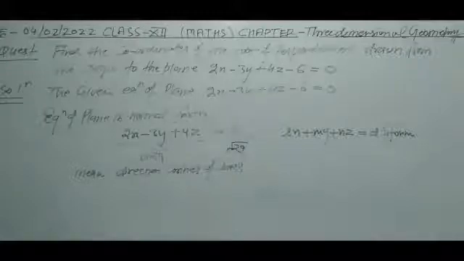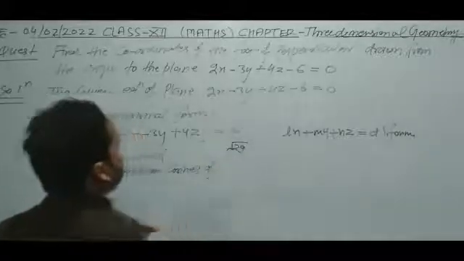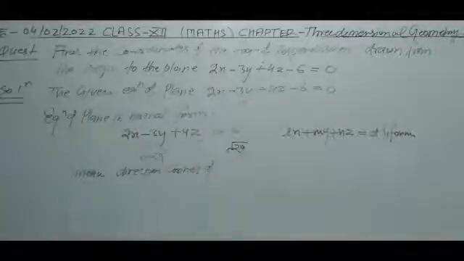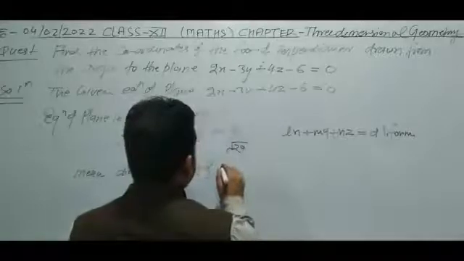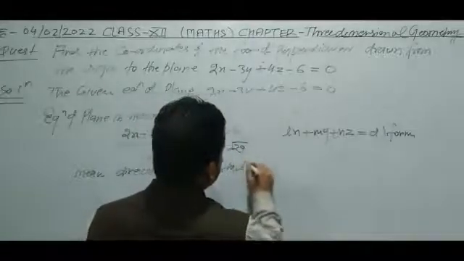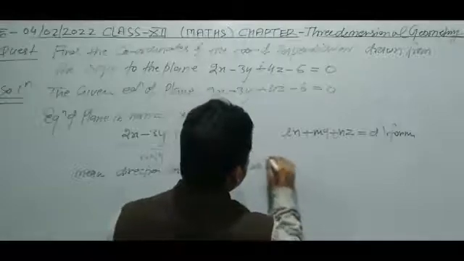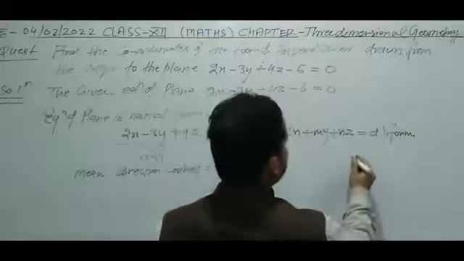Suppose this is the plane and this is the direction cosines of the line perpendicular drawn to the plane, the line OP. Suppose we have drawn